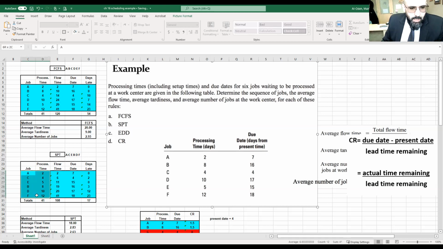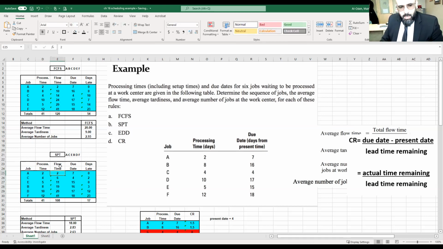This is the rank. And now we're going to do the same thing for the flow time based on the processing time. And then we will also calculate the delay if there's any delay or late process based on the due date comparing to the flow time. So, okay, so we did agree that based on the short processing time, the sequence would be A, C, E, B, D, and F. And then we take these information from the table in the flow time, starting with a